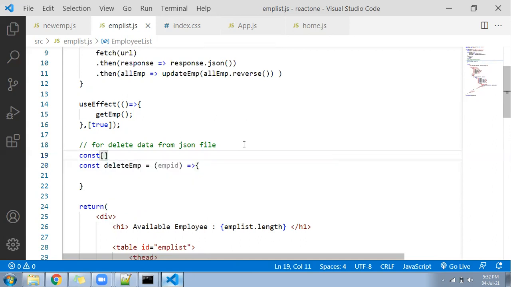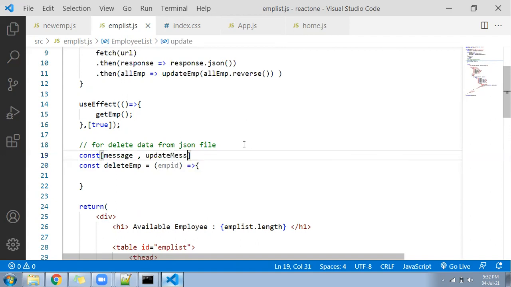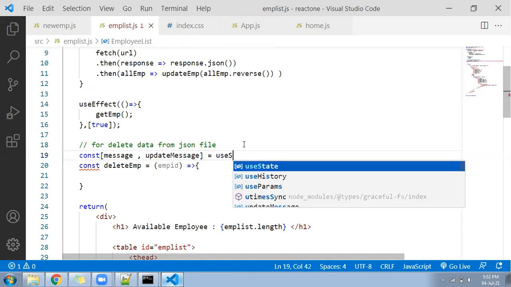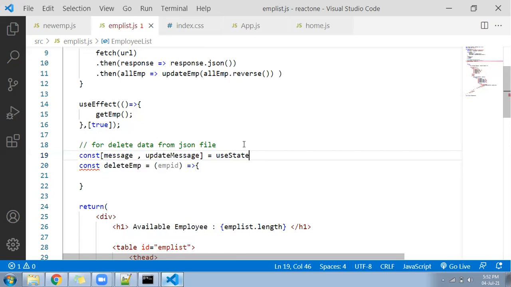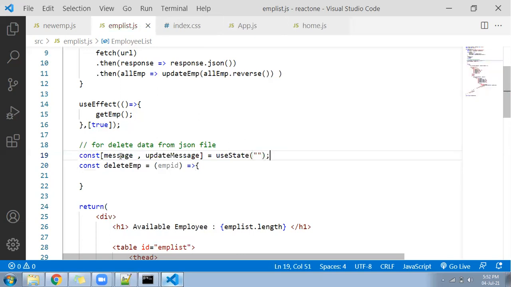So message comma update message equal to use state. Inside the use state keep it empty by default.